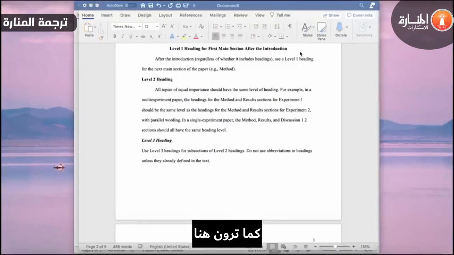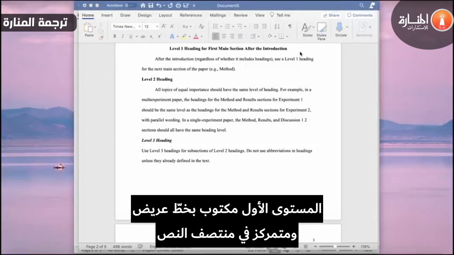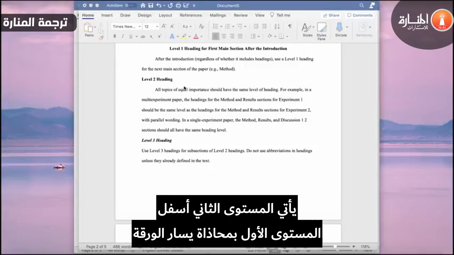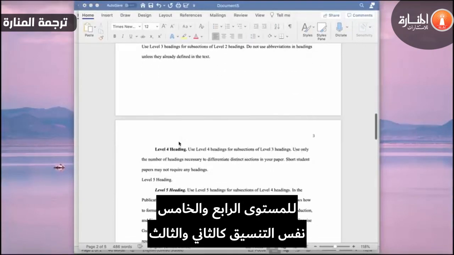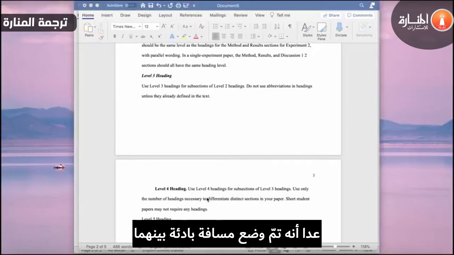As you can see here, Level 1 is bolded and centered in the middle of the text. Level 2 proceeds under Level 1 and is aligned on the left-hand side of the paper. Level 3 proceeds under Level 2 and is also left aligned, but it is italicized. Level 4 and 5 follow the same formatting as 2 and 3, except that they are indented, and it